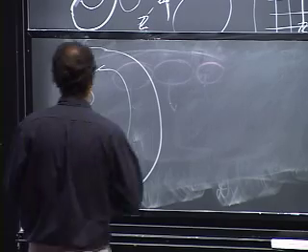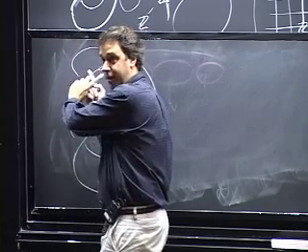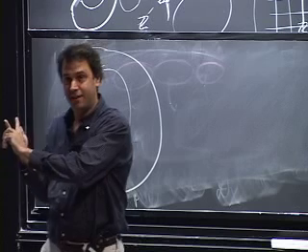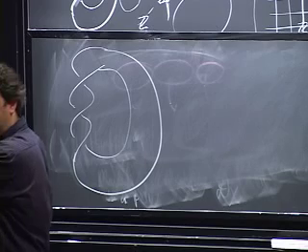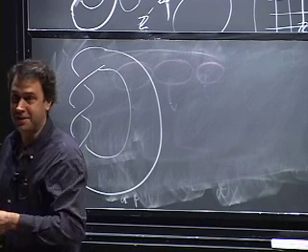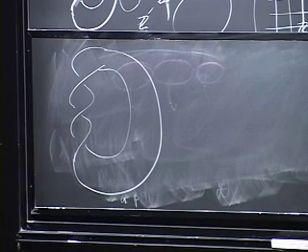The skein relation says that the Alexander polynomial of a knot with a certain type of crossing minus the Alexander polynomial of a knot with the opposite type of crossing is equal to t to the half minus t to the minus a half times the Alexander polynomial of the link you get